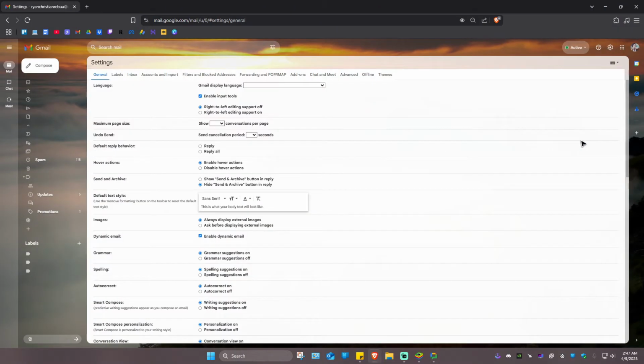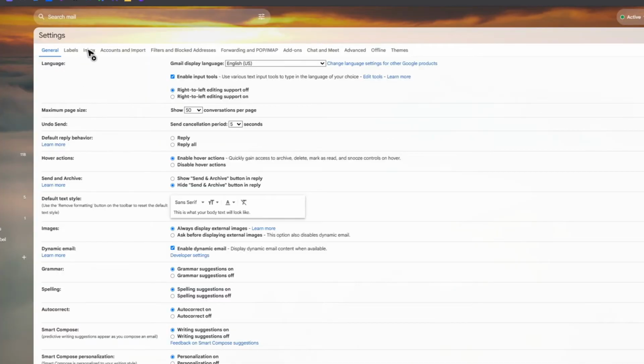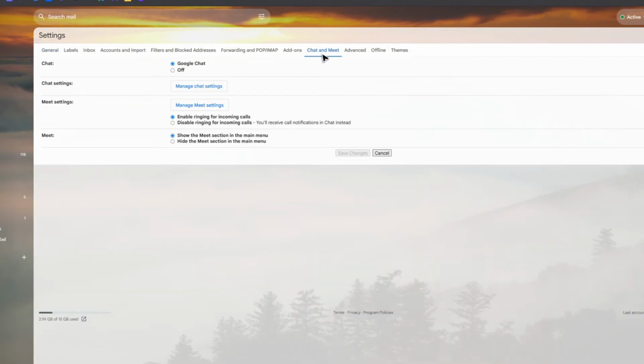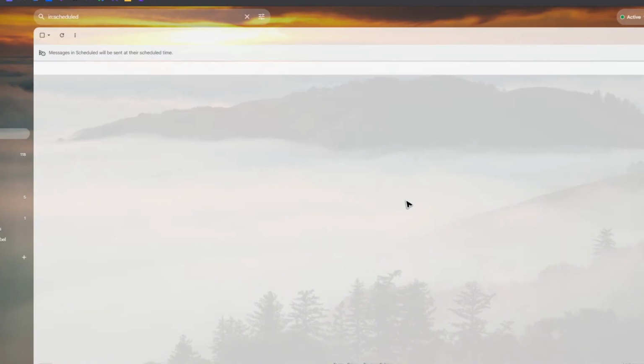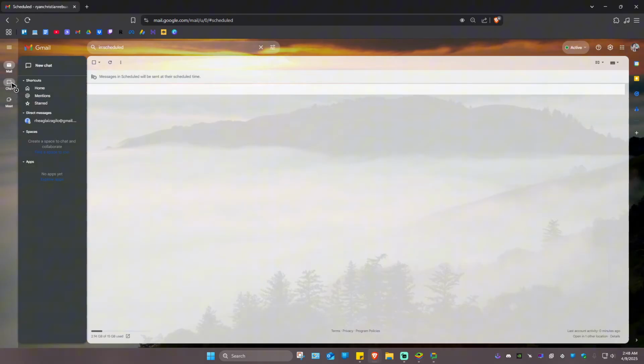Click on it. Now what we're going to do in these tabs is locate Chat and Meet, which is right here. Click on it. And if yours is set to off under the Chat section, make sure that you enable Google Chat. Once done, just hit Save Changes